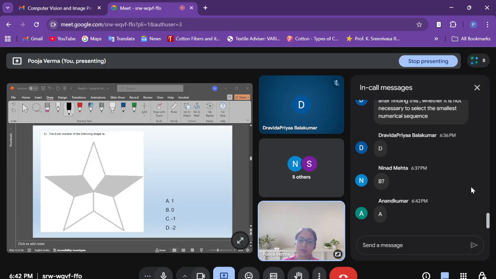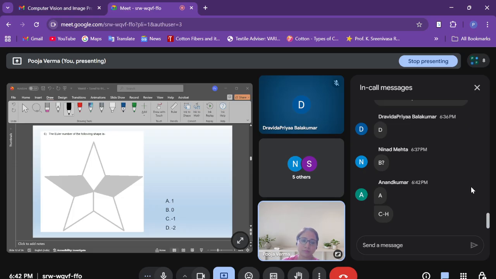Option A. Okay. Minus holes. Yeah, correct. So the Euler number of a binary image is calculated by E is equal to C minus H, where C